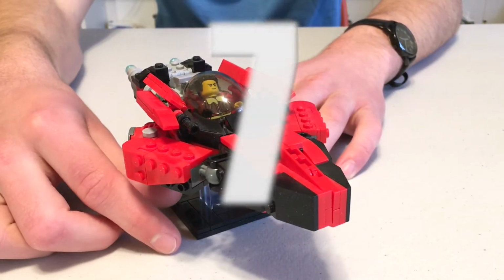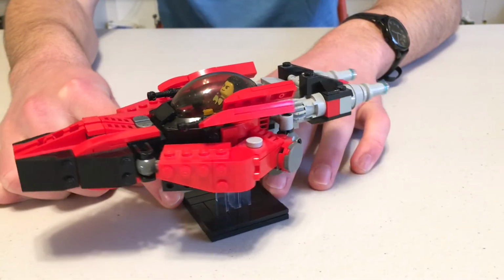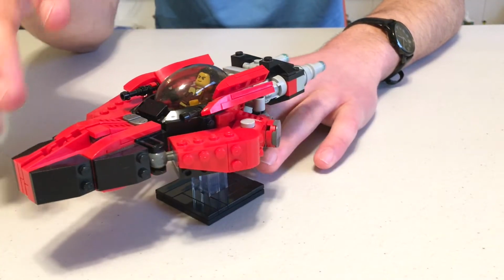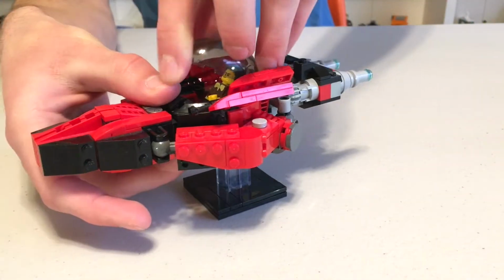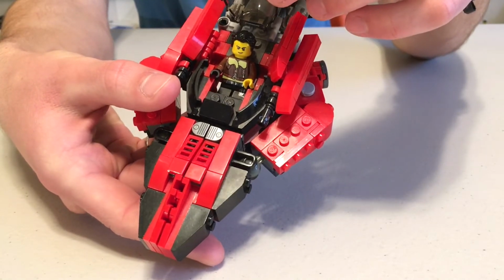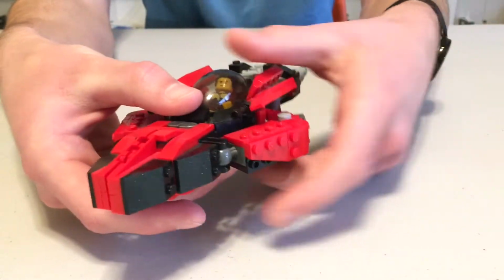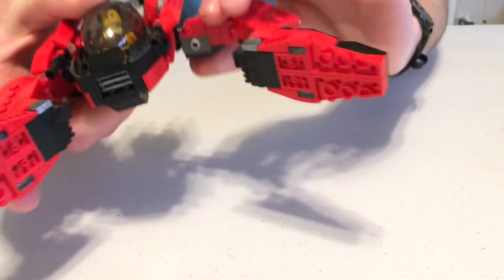Alright, so clocking in at number 7, we have this bright red spaceship. It has a really cool retro vibe to it with the fins and the shape. Even the pilot in here, this can pop up and you can see his flight jacket. But the really awesome thing about this is that it can actually transform just like this